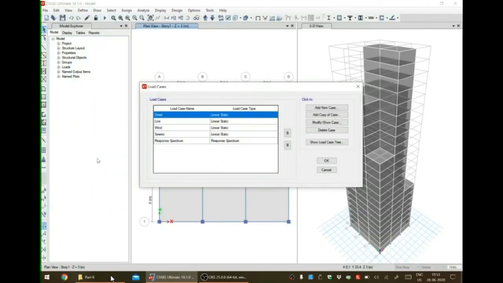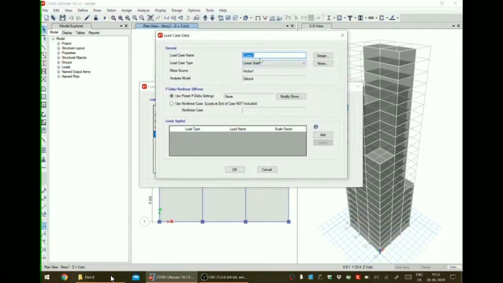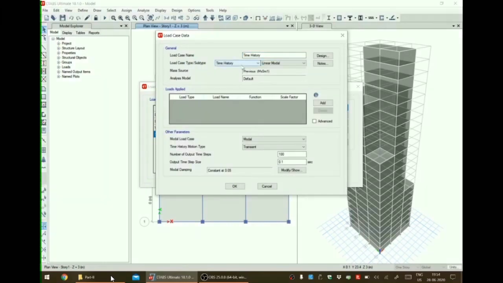The load case we have to define now. The response spectrum will not be needed. So let us delete that case. Now a new load case, time history, has to be created. Load case type time history.